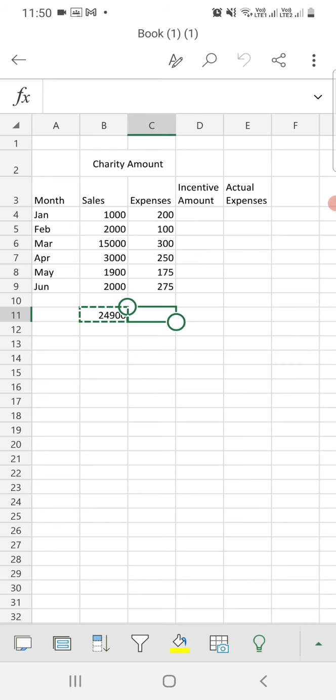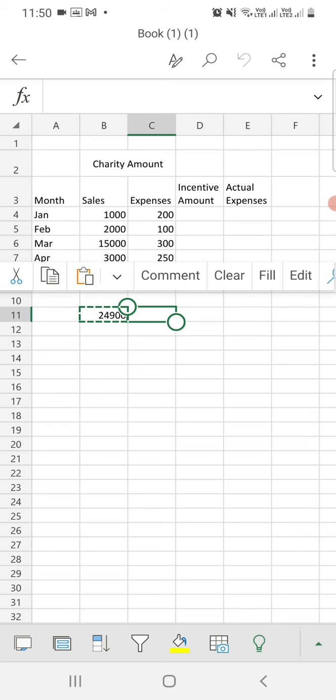Just select the cell C11. You will get the options cut, copy, paste. Just select the paste option. Here you can see the option, a clipboard with a paper, that is the paste option. The first one, like a scissor icon, is the cut option. The middle one is copy option, and the last one is paste option. You need to select the paste option from the options given here. When you click on that cell, just click on that paste option.